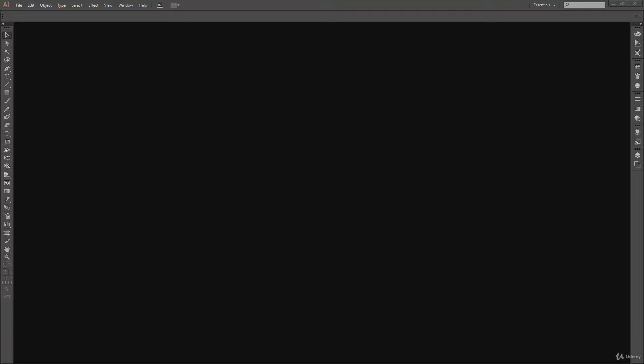Then we looked into the canvas. What is canvas? What is artboard? If you are still confused between canvas and artboard, don't worry. I will explain it again today. Also, I'm going to explain a few differences between what is interface and what is workspace. I think yesterday I wasn't very clear when I was telling the difference between interface and workspace, and I might have used wrong words at times, so please forgive me for that.